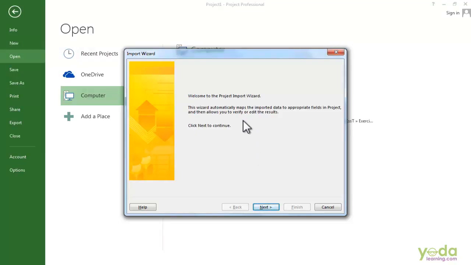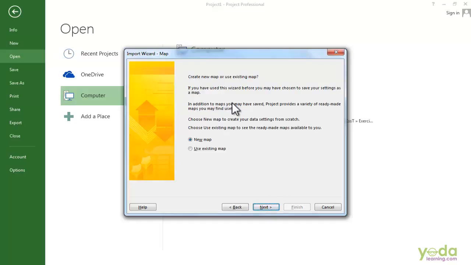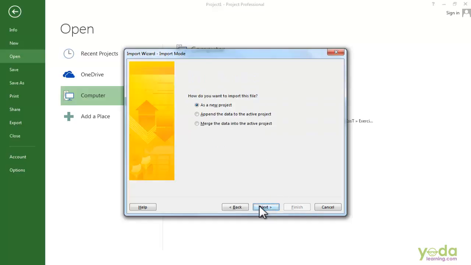The first page is just information, so click Next. We are going to use the new map, so click Next again. Now we have three options. You can import to a brand new project, you can append the data to the active project, or you can merge the data into the active project. In this case, we are going to create a brand new project, so leave this option selected and click on